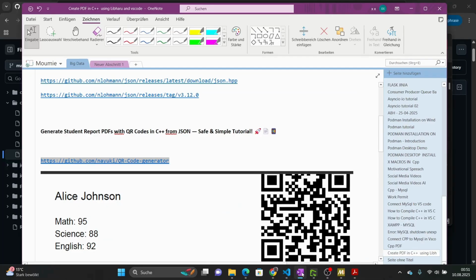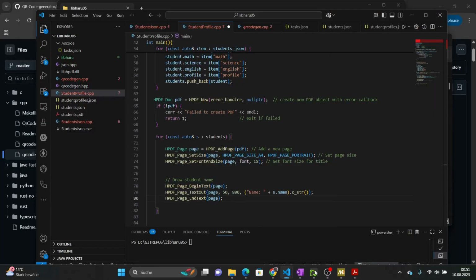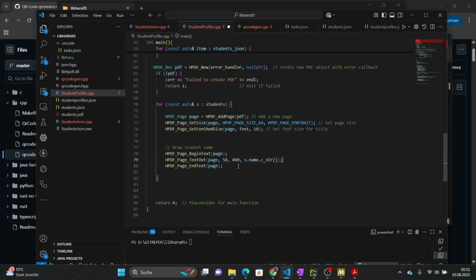We are just going to display the student name here in capital above here, so we don't need to add name here. We can just remove this one and add only the name. Right, we just leave this one here. So